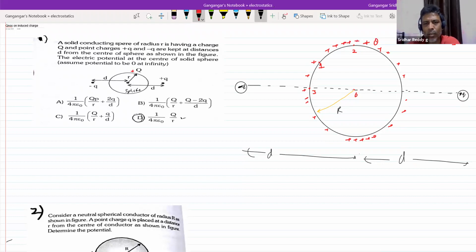So what is the general rule? I'm making a statement. The potential at point 2 is what? Due to superposition of all charged systems. Nothing to do like only charge inside or charge outside the Gaussian surface will contribute to potential. Potential at a point O is due to what? Due to superposition of all charged systems. Okay, let's write the equation. Potential at point O. First, all that non-uniform charge distribution will be at a distance R only. So you're going to write KQ by R. Due to this point charge, KQ by d.